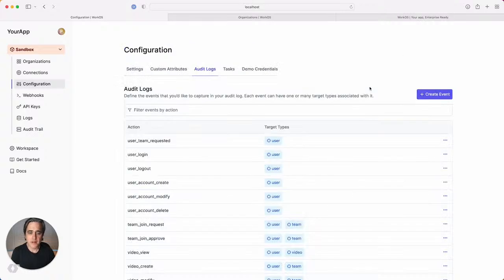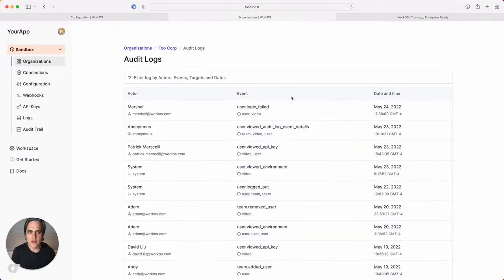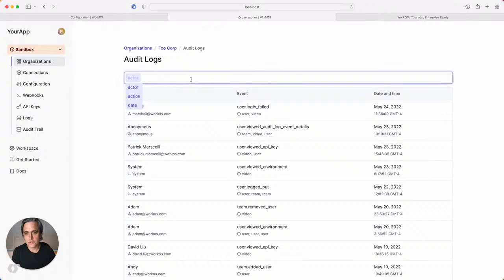Now that we have some events defined and target types associated, let's see what it looks like when my app is actually sending audit log events. As you can see, there are now events coming into WorkOS from my app with various actions and targets associated with them. We've also created a robust set of filters that allow you to quickly narrow down your data set